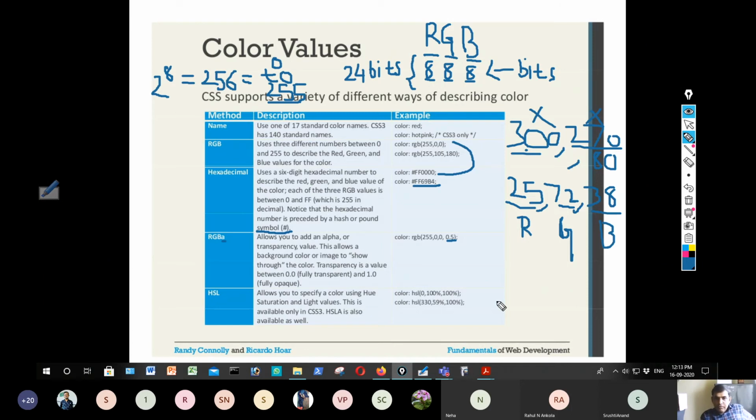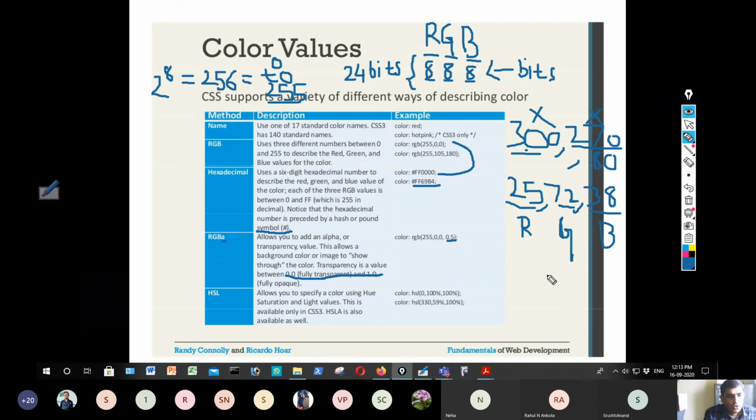Minimum means fully transparent, which is 0. Fully opaque, meaning the background should not be visible, I should give the value 1. So RGBA is different only with the last A value, which is the transparency value. There are 3 values, then a comma and a 4th value, which is the transparency value and lies between 0 and 1.